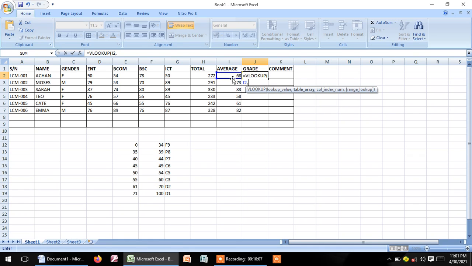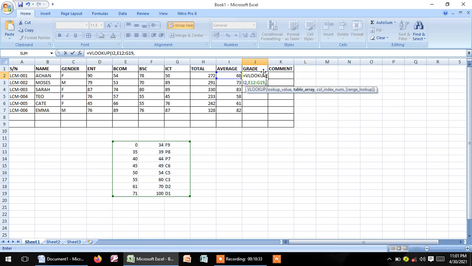After the comma, it will ask me for the table array. That is now the reason why we have this. So what I will do is to select the range of all this, which will give me E12, which is this starting number, the 0, and then G19 is this cell where there is D1.